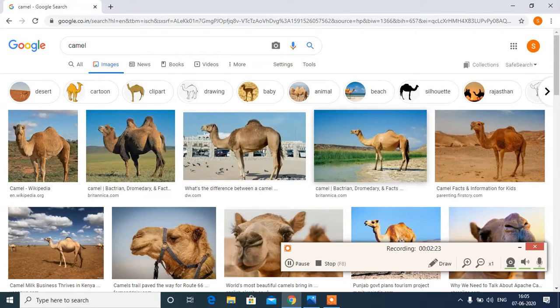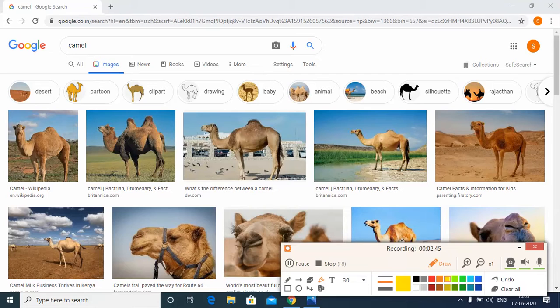Out of these images, I have to specify the image which I require. My requirement is that I want an image for my project purpose. So I have to filter all these available images. To filter the images, here is an option, tools, which I have highlighted. Look here.